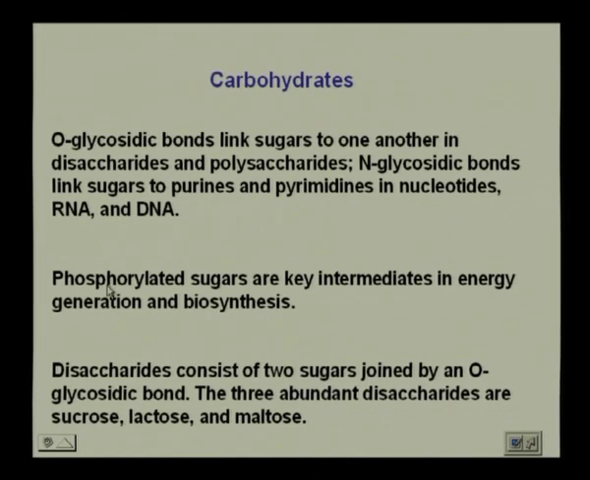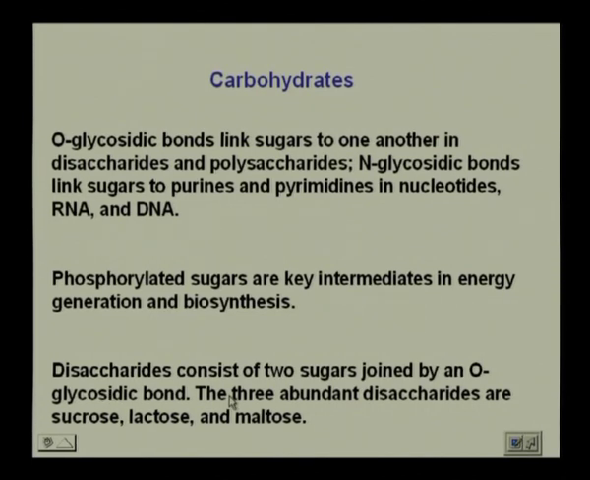Another important part is phosphorylated sugars. What does that mean? It means that when you have a ribose sugar, you can have phosphate attached to it, which we will see when we consider adenosine triphosphate, where we have phosphorylated sugars that are key intermediates in energy generation and biosynthesis. We have the disaccharides that consist of 2 monosaccharide units, 2 sugar units, joined by an O-glycosidic